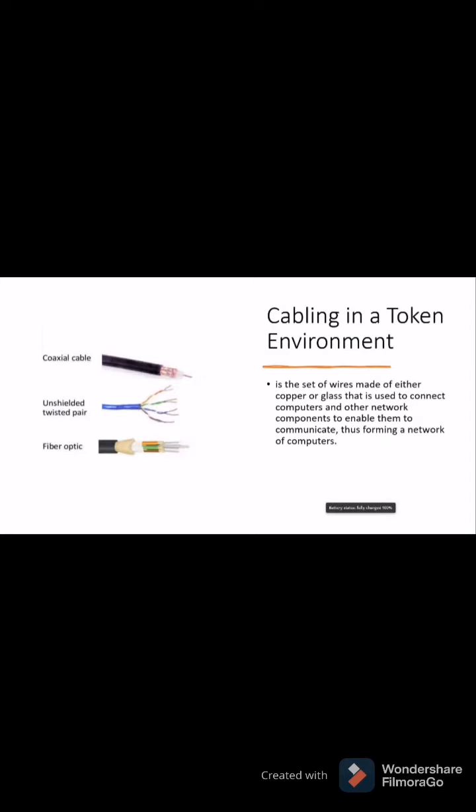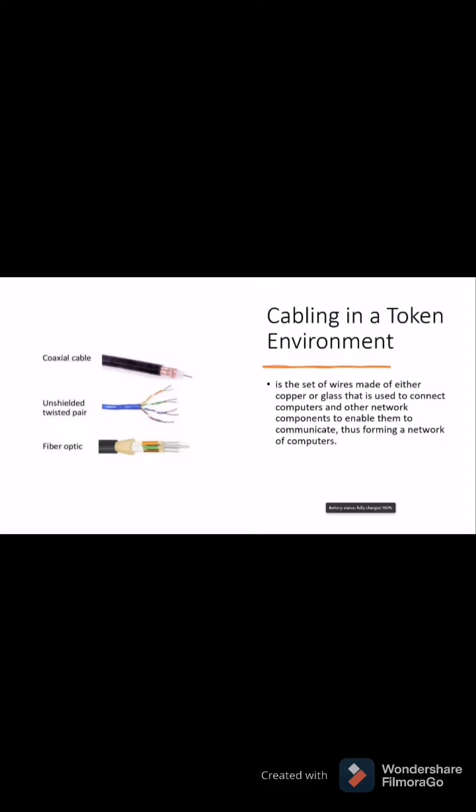Cabling in a token environment: as we said lately, the cable has three types, the coaxial, unshielded twisted pair or UTP, and fiber optic. Cabling is the set of wires made of either copper or glass